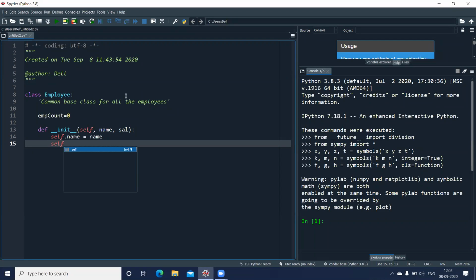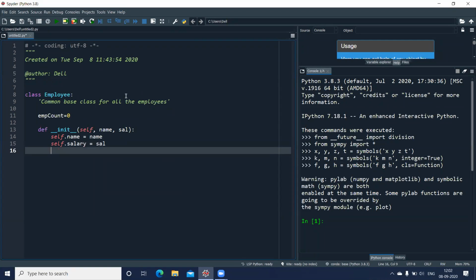Then I can write self dot salary equal to sal. I'm purposely writing salary to show you the difference. If this gives you an error, that means sal and salary are two different things. So this will initialize my variables. Plus, whenever I assign these two things, I'll increment my counter, EMP count.